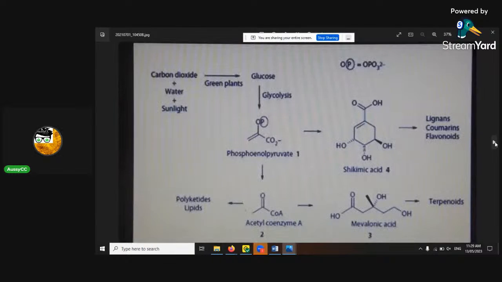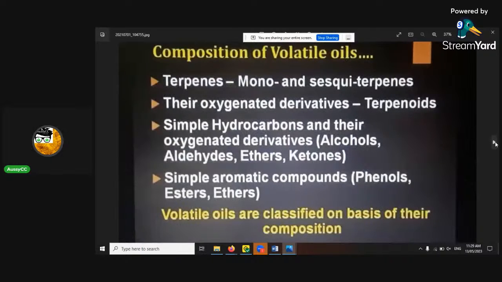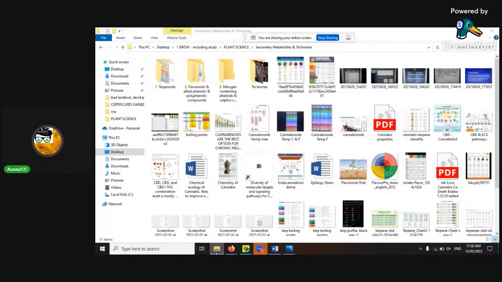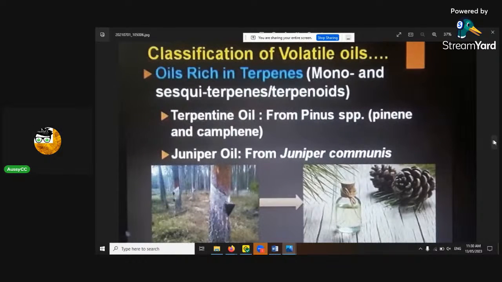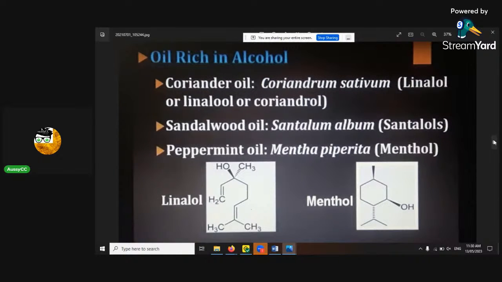Biosynthesis, okay, I'm not going to get into that much more. You don't really want to know how they get to that. Composition of volatile oils. This is the bit that I've sort of explained already, how there's mono, sesquiterpenes, triterpenes, and it goes on to different other classifications. It might be a good time to talk about that. Volatile oils are classified on the basis of their composition. Yes, it's their isoprene level. If this doesn't go into it, I will. Oil-rich ones. Okay, it doesn't go into it.